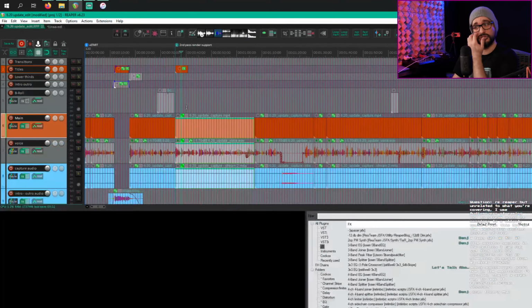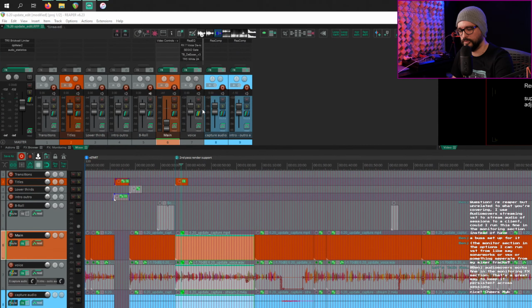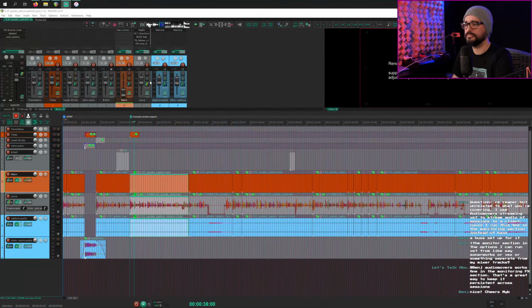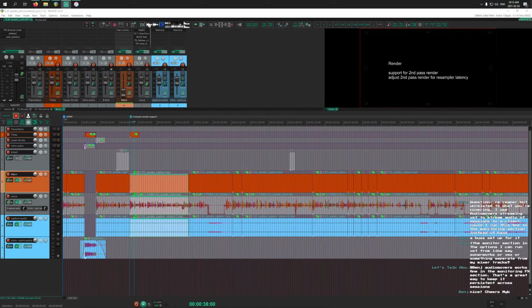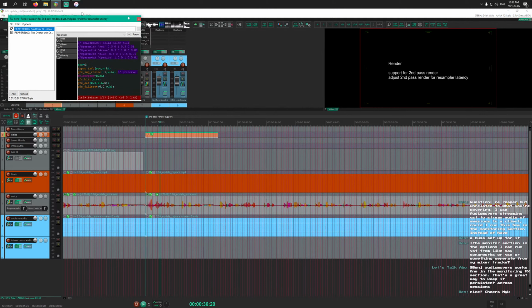So let me change some windows around so you can see this all. Oh, I'm gonna have to hide my camera. All right, so I've got these changelog titles in here, and these are just MIDI items with a solid color fill to make a black background, which hides the camera,